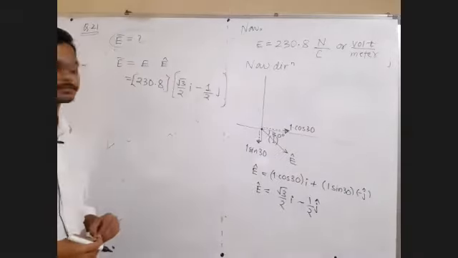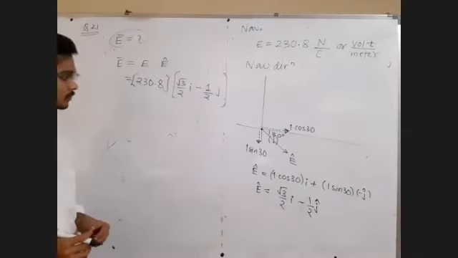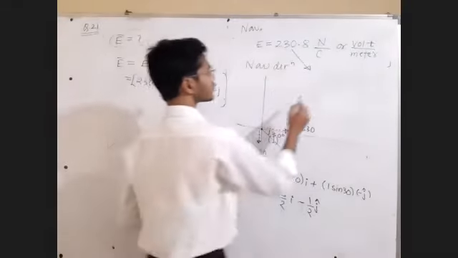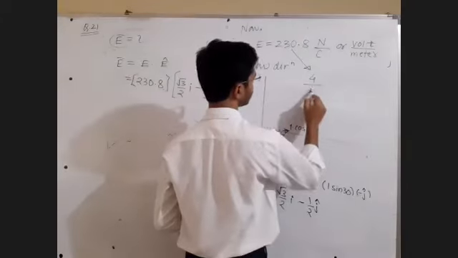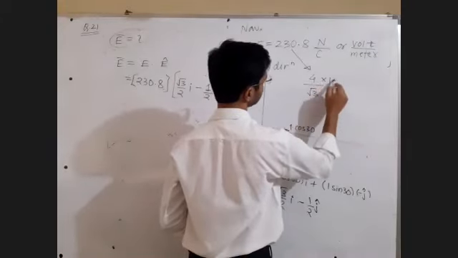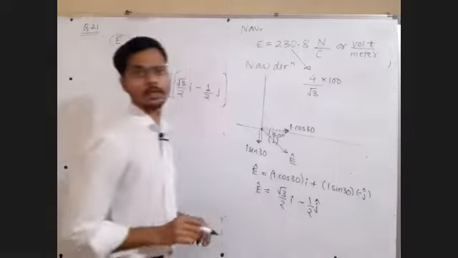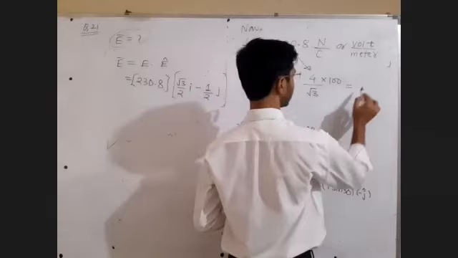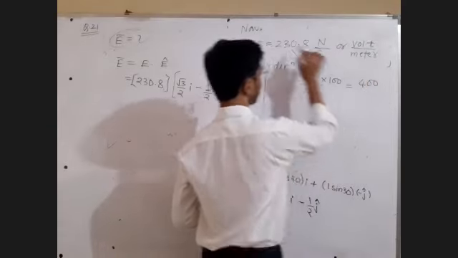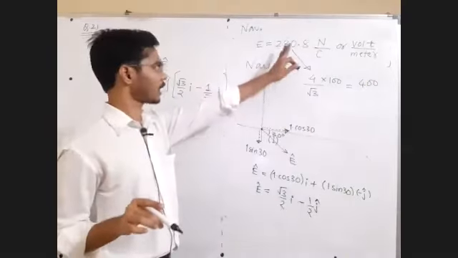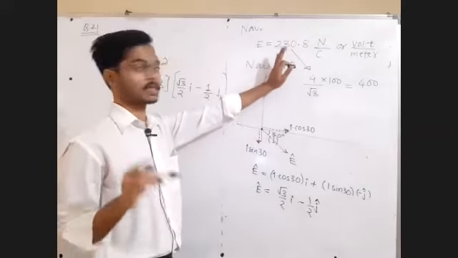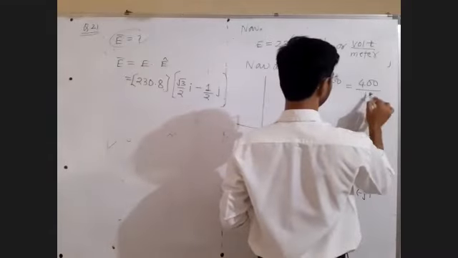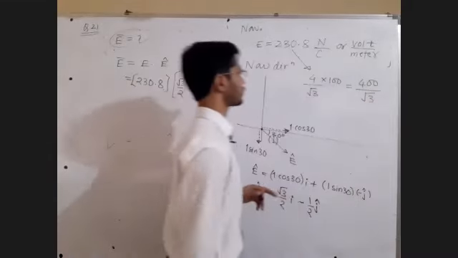Clear and written. Good. What was this calculation actually for? I think it was for 4 upon root 3 into 100 in the book, and generally it is done. Okay, what they have done in the book is generally done. The magnitude is not calculated exactly. Here we have calculated it exactly because sometimes even the magnitude is asked. So in that case we will calculate it exactly. In the book they have kept it as it is, 400 upon root 3.